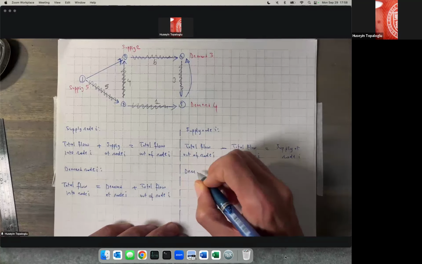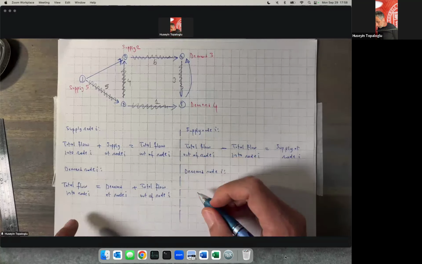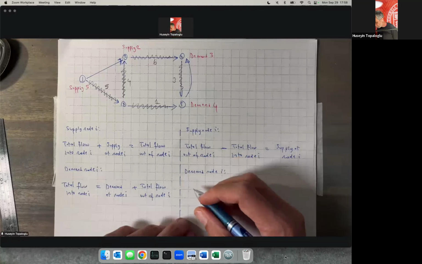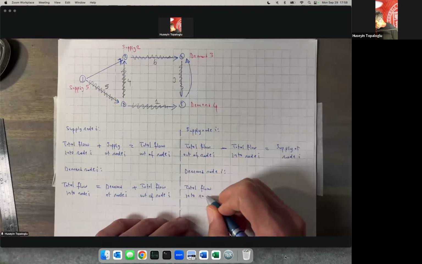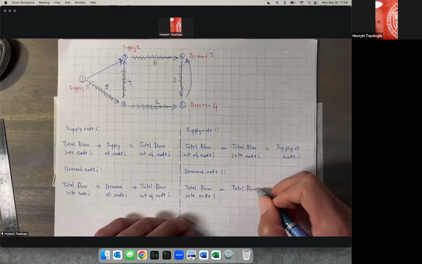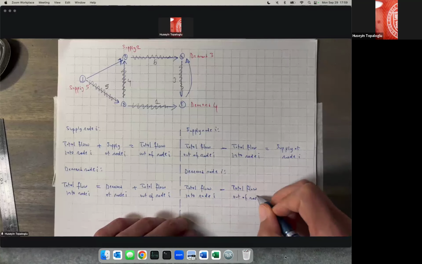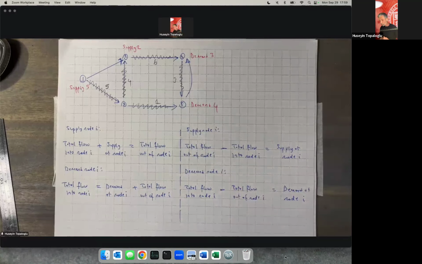So for each demand node I, we're going to write a constraint that says the total flow into node I minus the total flow out of node I is going to be equal to demand at node I. Great. So these are the types of constraints that we need to write in our min cost network flow problem